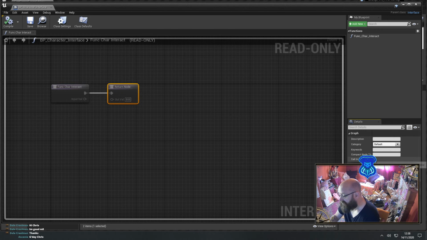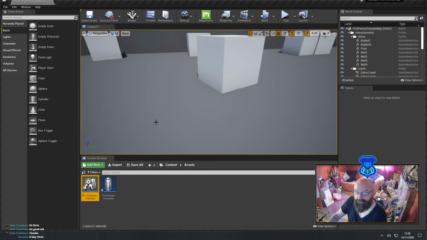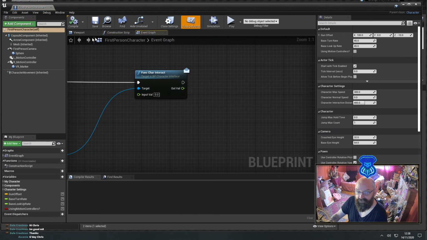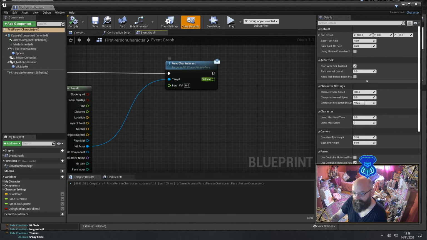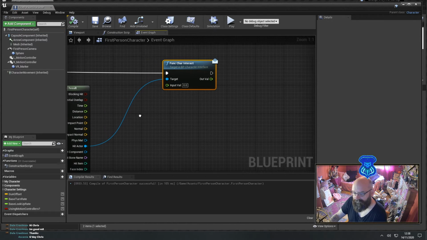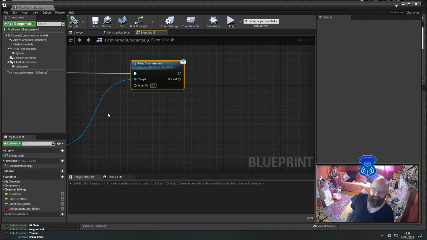We can call this in the editor if we want as well, so do that. And that should do for the minute, so compile and save. Right, now if I come back to my first person character and compile and save, you can see I've got my input value and my output value here. Okay, so I can output a value from func character interact, and I can input a value to func character interact. So if I double click on it,